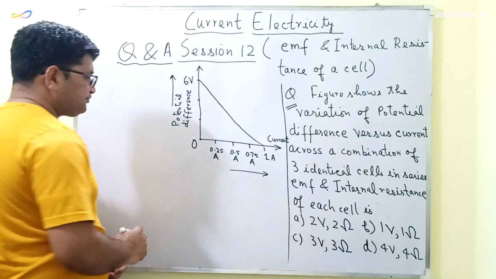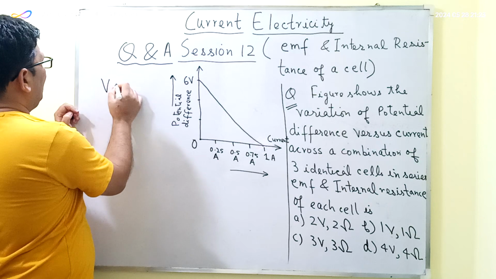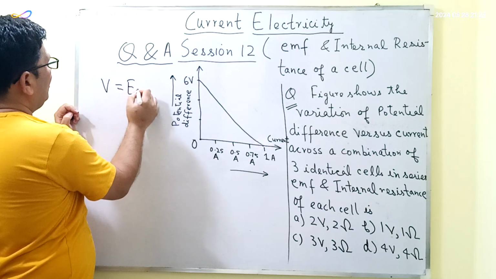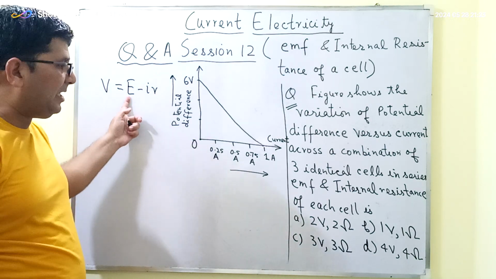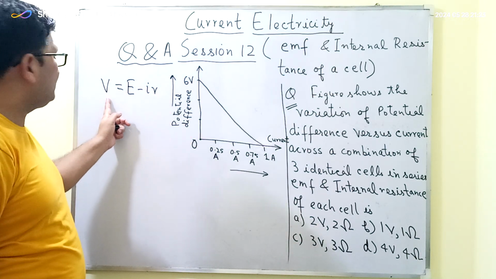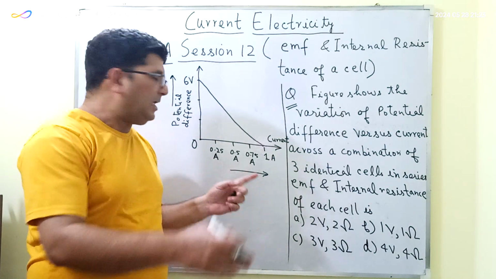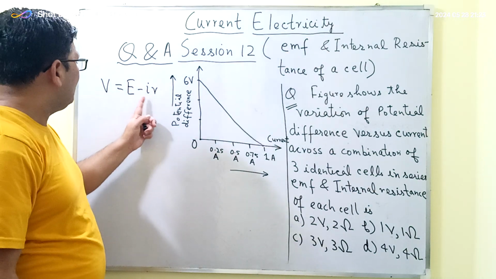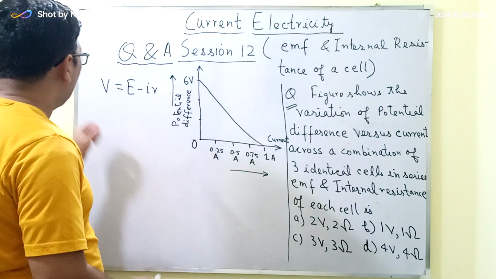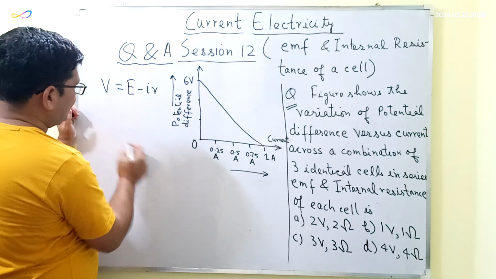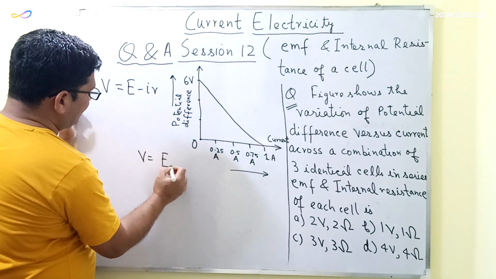We have already studied that V is equal to E minus IR, where E is the EMF value of a cell, V is the potential difference across a cell, I is the current, and R is the internal resistance of a cell. So from this equation, that is V is equal to E minus IR,